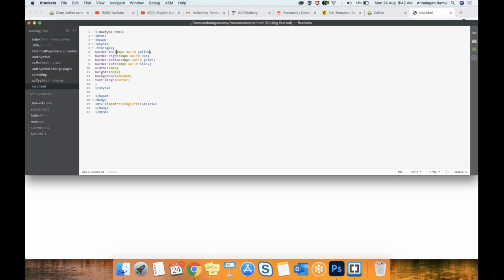Now change that width and height to 0px, line numbers 10 and 11. Since you aren't using width and height, there is no need to use the background color. Remove text-align center, line numbers 12 and 13. Go to line number 18 and remove the text, 4 letters. Now save it and check in the browser how it is.